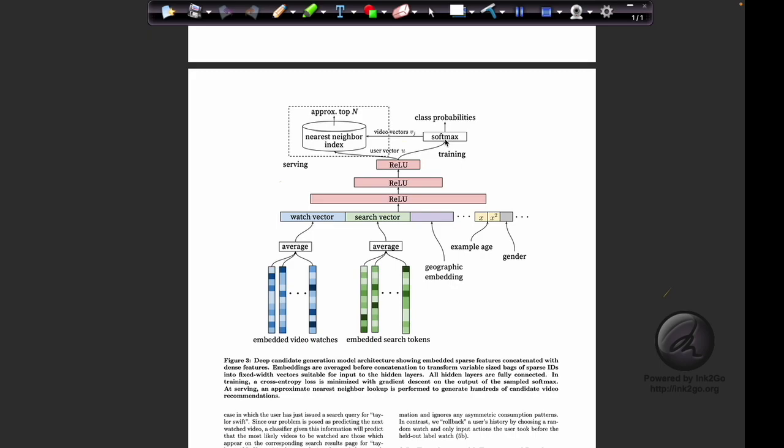Whenever the user gives a query, we perform a nearest neighbor search in the n-dimensional embedding, which is going to be of order n d square. So it's going to be too complex, with too much time complexity. So approximate nearest neighbor is performed, which uses optimizations like KD tree and locality sensitive hashing to reduce the inference time.